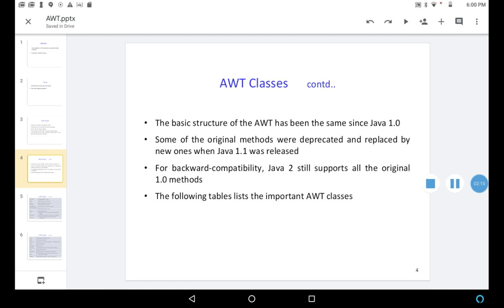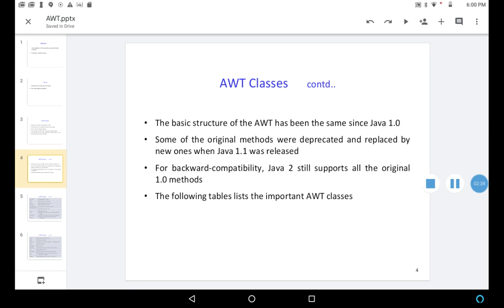So, for backward compatibility, Java 2 still supports all the original version 1.0 methods. The following tables list the important AWT classes.